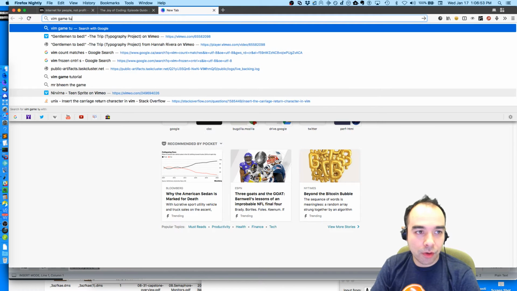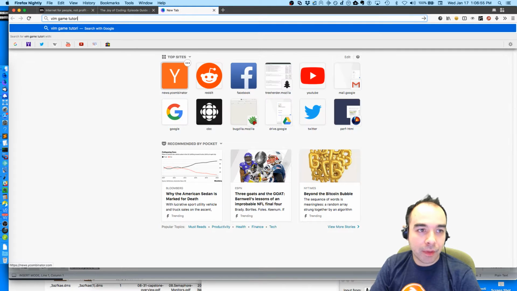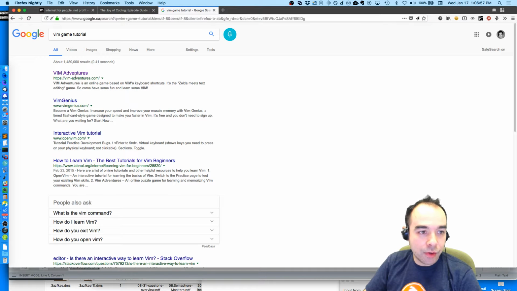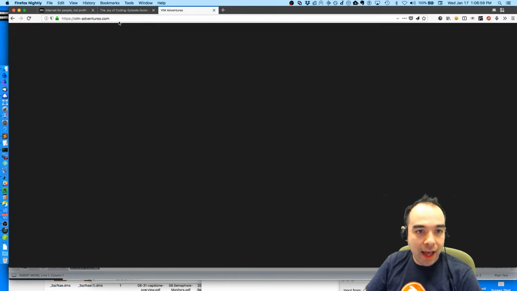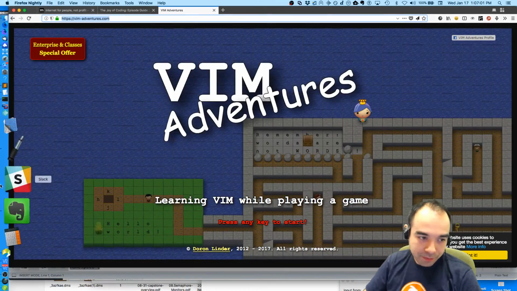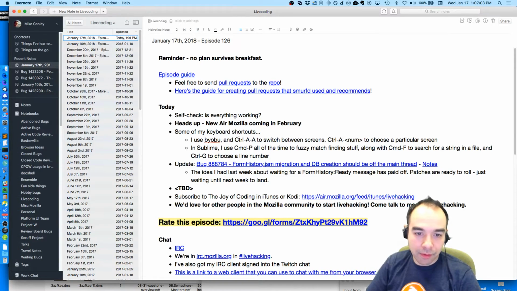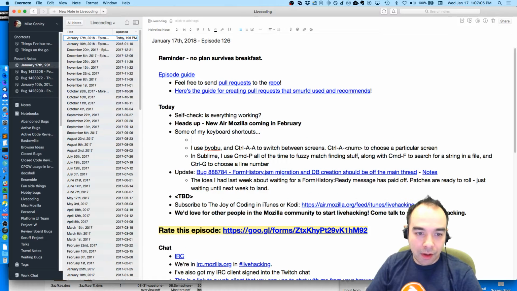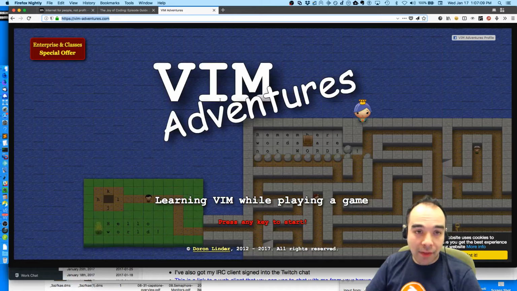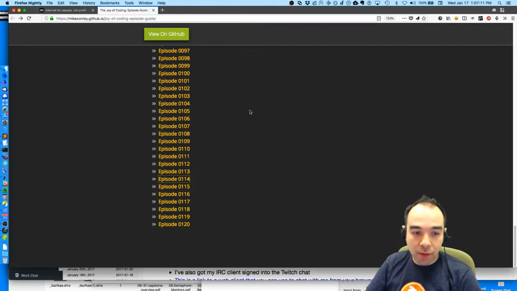It's called Vim Adventures. So if you want to learn about Vim, Vim Adventures is great. And I find Vim, once you get the keyboard shortcuts, is a great editor. I love it as an editor.